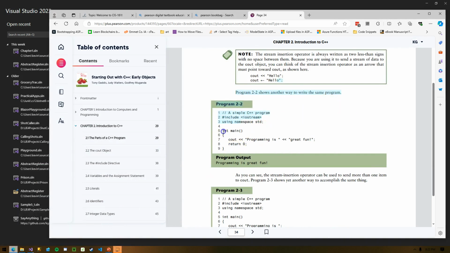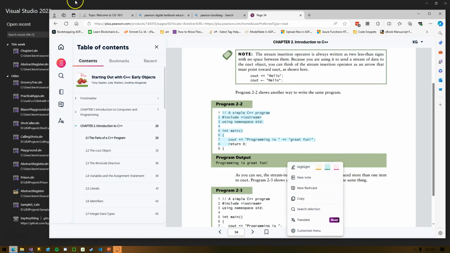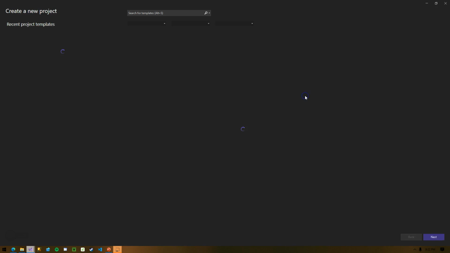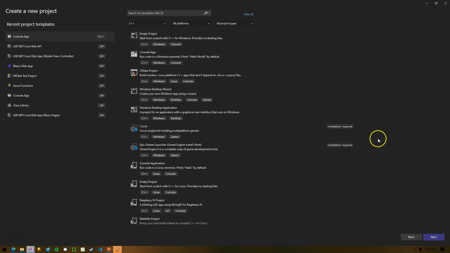Probably more important than actually writing out this program from scratch by hand, I'm going to show you again a little review on how to best structure your projects and sample code for this class per chapter. So if I'm you listening to this video, starting chapter 2, I would go ahead and create a new project. I would do this same thing for every new chapter.